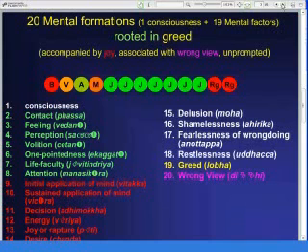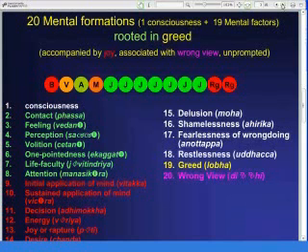Okay, so now in the process of eating, I think most of us will enjoy the food. If you are enjoying the food, the consciousness rooted in greed will arise at the jhana stage, 7 jhana. So during the process of eating, after the tongue door cognitive process, followed by the mind door cognitive process, because only the mind door knows whether good or bad. So at that time, during the process of eating, there are 20 mental formations: 1 consciousness plus 19 mental factors,